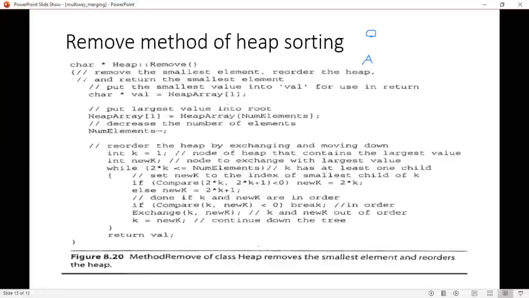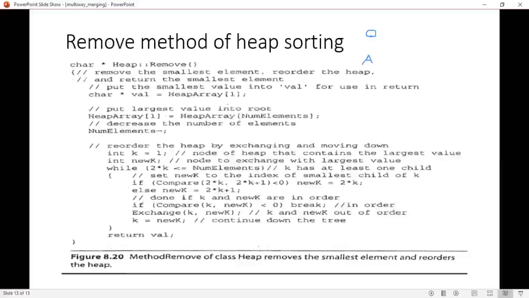See, compare 2 into k, that is the left child, and the right child, 2 into k plus 1. If left child is less than right child, then new k is equal to the left child, else new k is equal to the right child. After that, you have to compare k, the element you copied to the first index 1, with new k, that is the child.